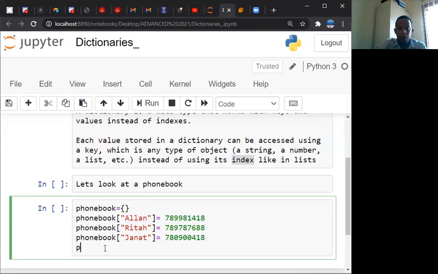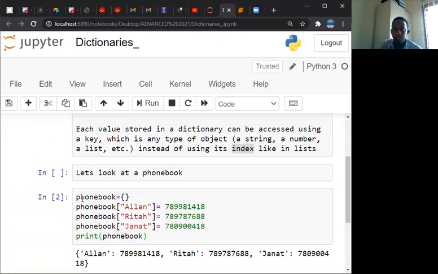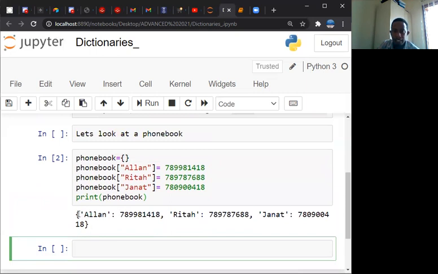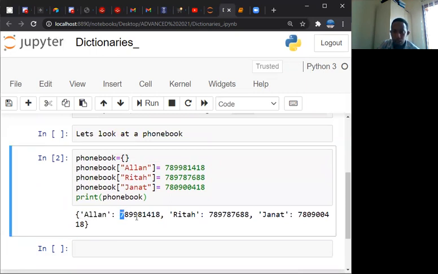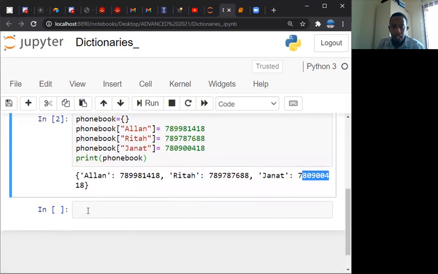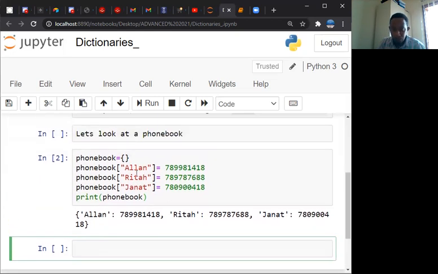If I want to print this phone book, I say print phone book. I run the cell, and it prints a dictionary. This is how a dictionary looks: brackets, a key and value, comma, key and value, comma, key and value. That is one way you can create a dictionary. Another way is when you already know what you want, you say phone book equals,